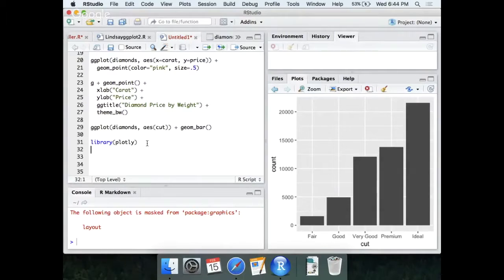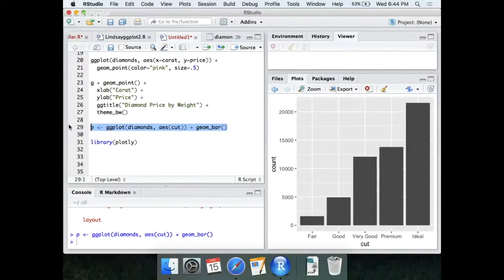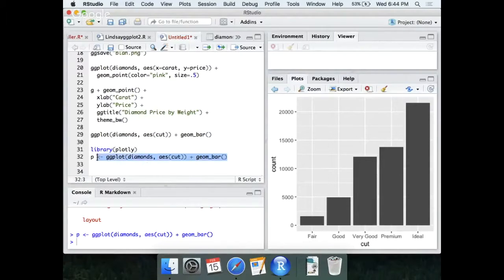Let's save this to a P for Plotly. We're going to save our nice little bar graph here to a variable. Maybe we could have made it prettier, but that's fine. Sorry, just so you guys aren't confused: we called the library Plotly. We saved our bar graph to a variable. And now what we're going to do is call